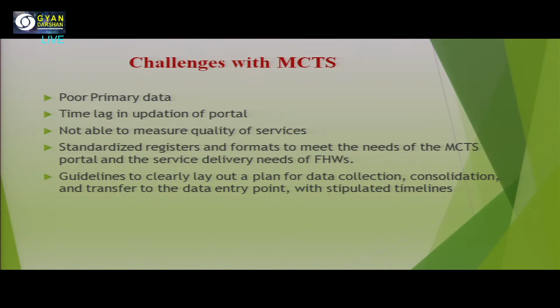है, उसका डैशबोर्ड सेंट्रल तरीके से बना हुआ है, तो कुछ स्टेट्स में ये डिस्पेरेंसी है और इस वजह से हमें प्रॉब्लम होती है MCTS के डेटा को सामंजस्य से जोड़ने में, कि जो हमारा रजिस्टर है वो डैशबोर्ड में एंटर हो। कुछ इन्फॉर्मेशन कई बार नहीं मिलती। एंड गाइडलाइंस टू क्लियरली ले आउट अ प्लान फॉर डेटा कलेक्शन, कंसोलिडेशन एंड ट्रांसफ़र। वो एक स्ट्रिक्ट टाइमलाइन हो कि कब डेटा कलेक्ट हो, टाइमली अपडेट हो, टाइमली शेड्यूल जनरेट हो, उसके स्ट्रिक्ट टाइमलाइंस को मेंटेन करना वो भी एक बहुत बड़ा चैलेंज है और हर जगह नहीं हो पा रहा है।